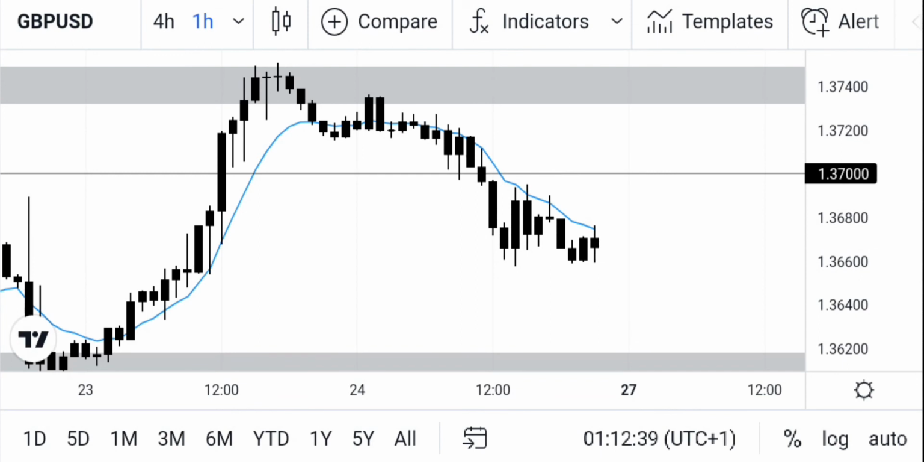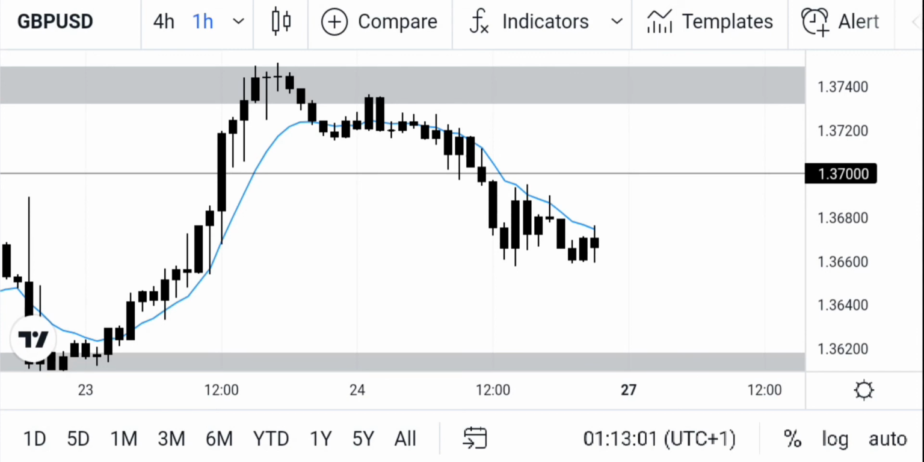And as I said, I feel like price is going to retrace a little bit up to maybe the 1.3700 level or the 1.37500 level before continuing the bearish momentum on the pound dollar. So we should trade with